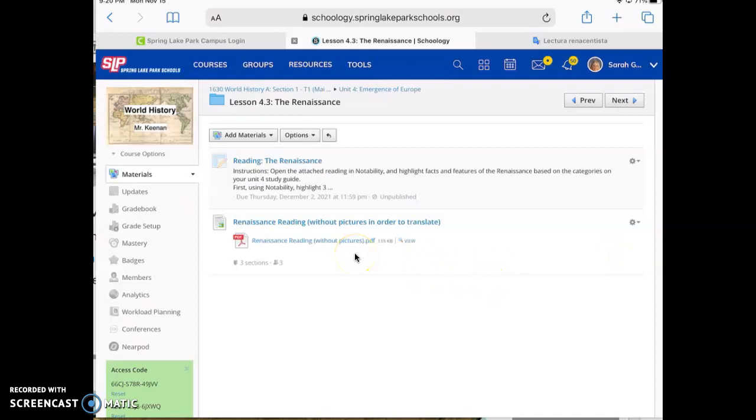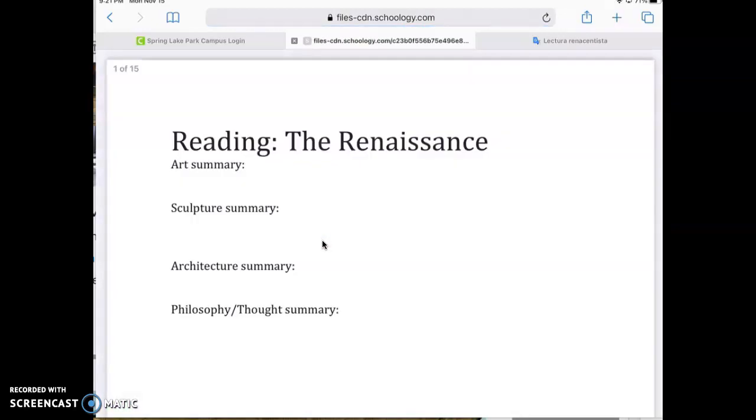Alright, I want to show you real quick how you can translate entire documents using Google Translate. To start off with, you are going to click on your PDF. You do need to save this PDF somewhere to your iPad, so you will export it